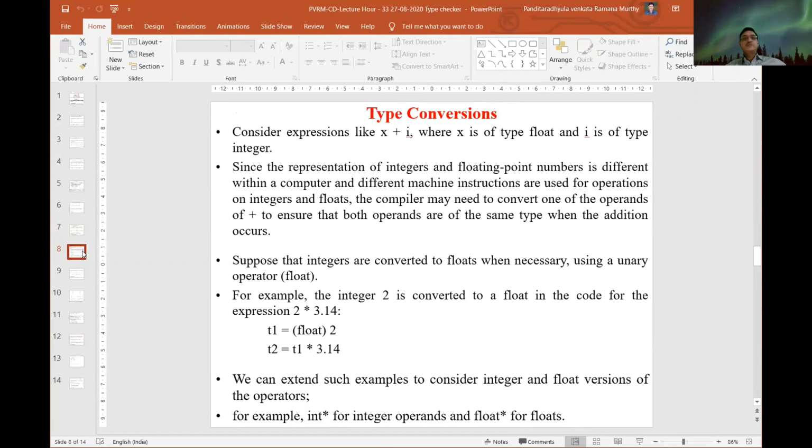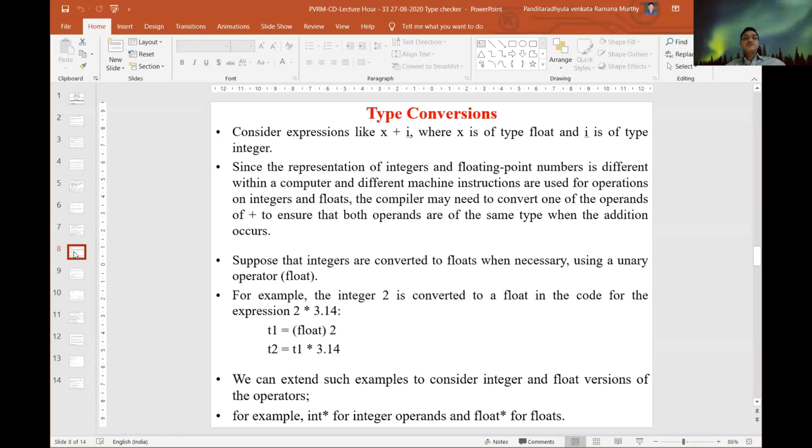Within a few minutes we will see more information related to type conversions. In type checking, whether we use synthesis or inference, sometimes the compiler automatically does type conversions. We know the meaning of implicit and explicit type conversion.